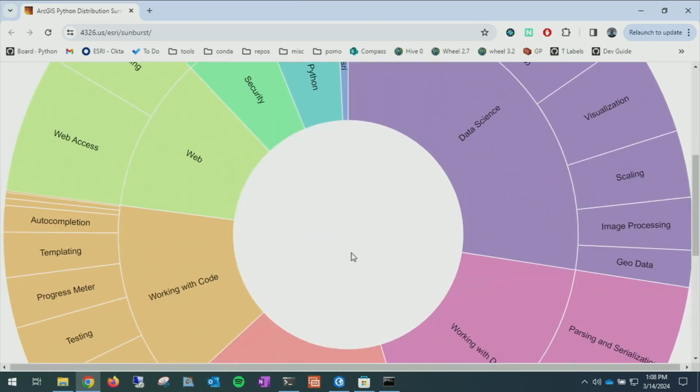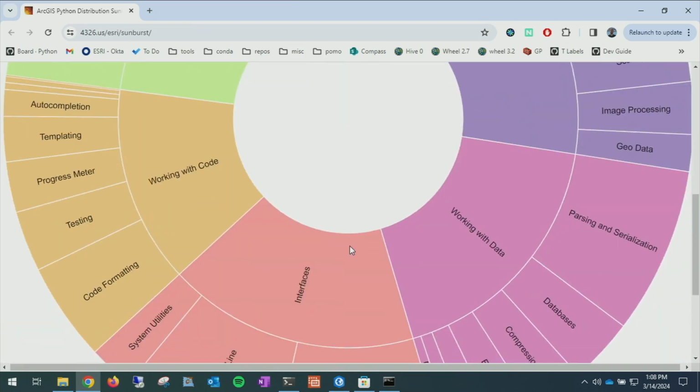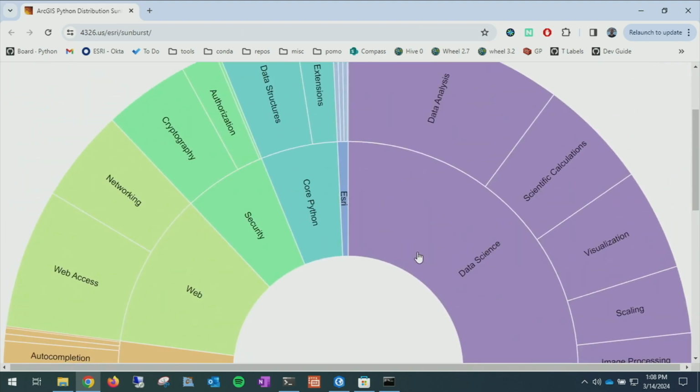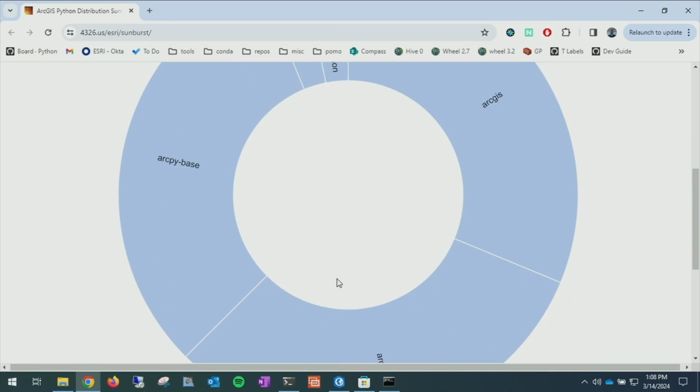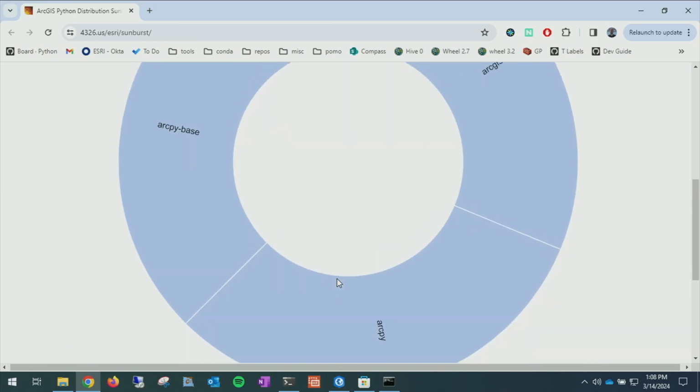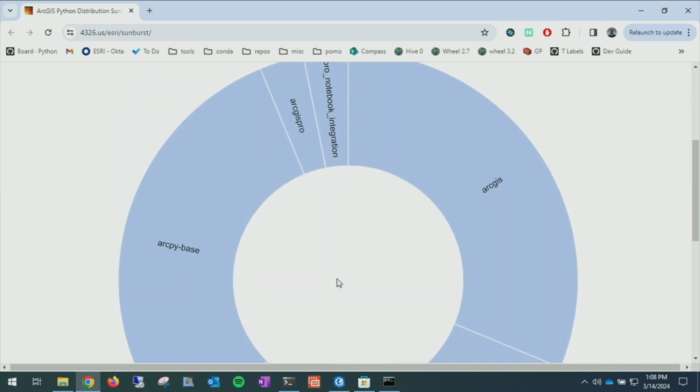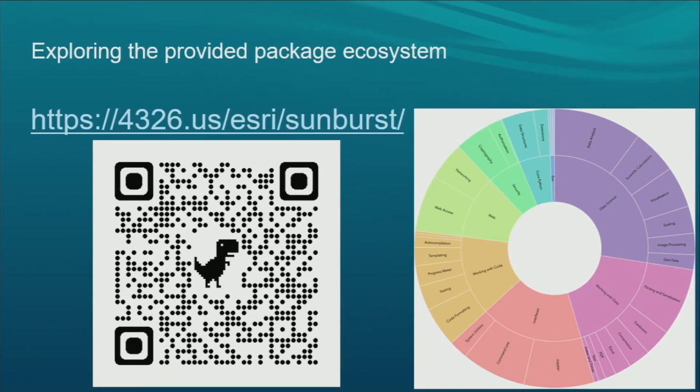I don't think this is updated for our latest release yet, so I do need to update that, but this should be current as of 3.2. But maybe you're curious what kind of Esri packages we ship. There's that ArcPy package I was talking about and the ArcGIS API. So moving back,